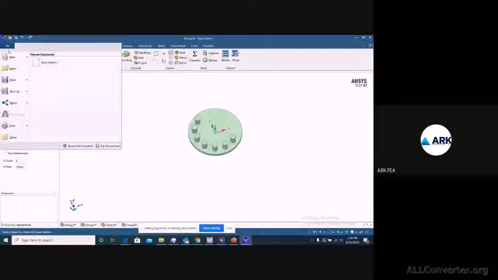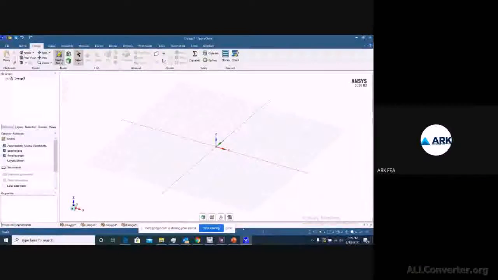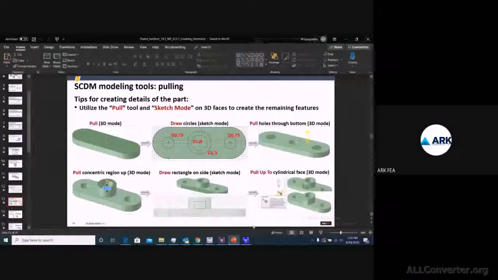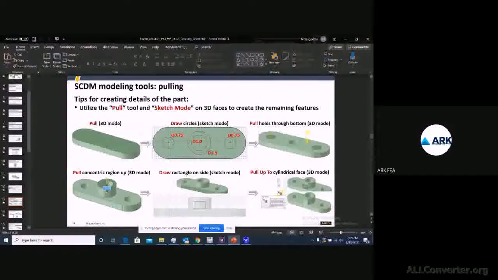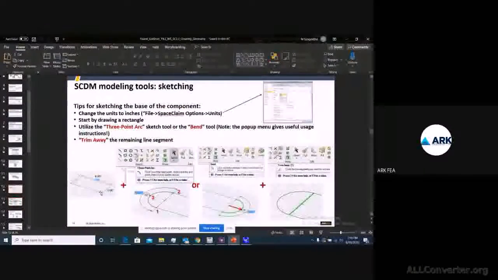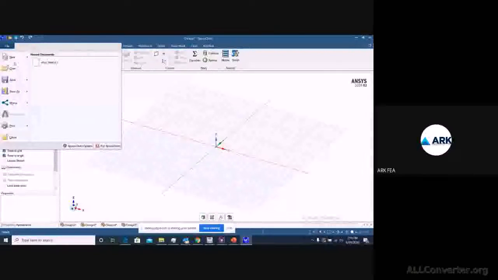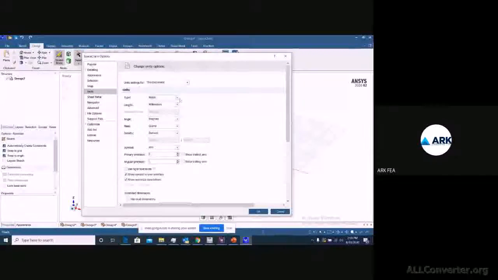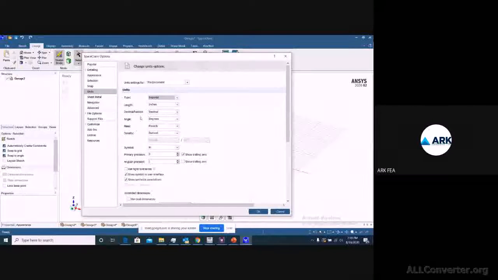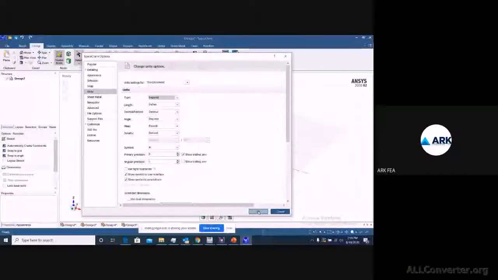right? So we'll take a new design. You can see that the dimension here is 4 inches by 2 inches. So we'll try to change our units first. We'll go to file, SpaceClaim options, or you can convert it and use it. We'll change it to imperial so that we have it in inches, and say okay.